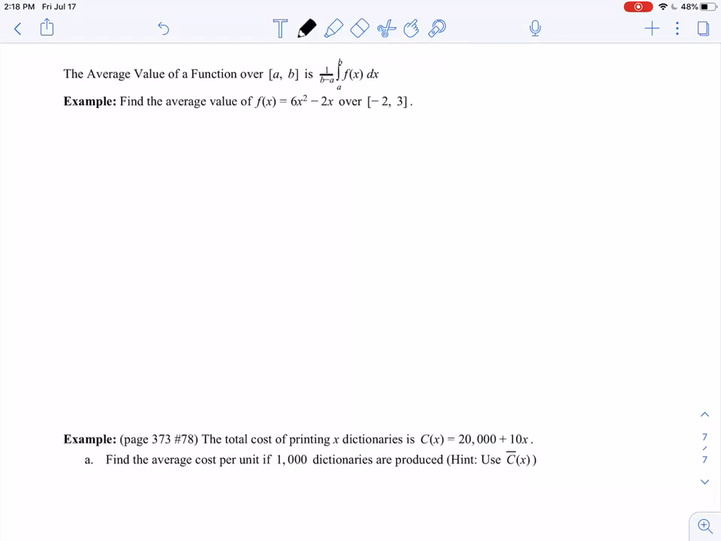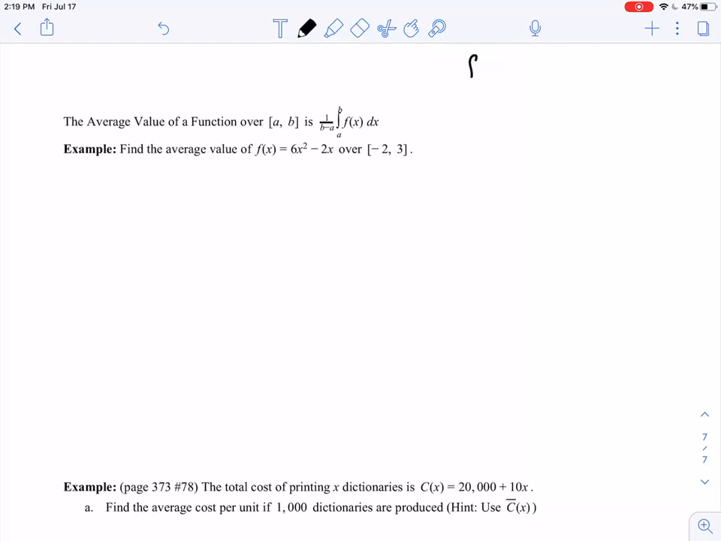So if I want to evaluate the average value of a function over an interval, say from a to b, it's simply the definite integral of our function from a to b, and then we'll divide that by the length of our interval, 1 over b minus a. In this case, you can think about it as dividing by b minus a, so we could write this as the definite integral from a to b of f of x dx all divided by b minus a,